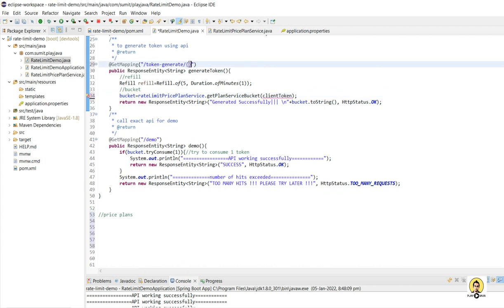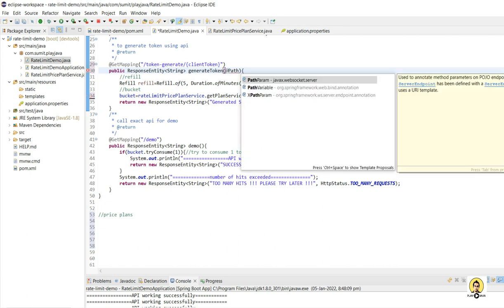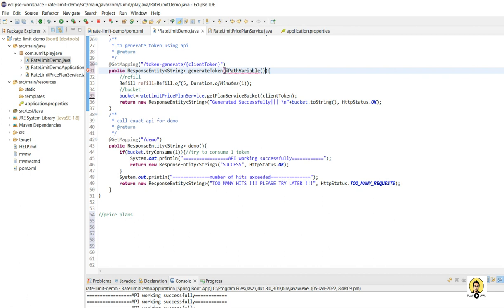Assuming that other clients are using our API, let this be coming in the URL itself, but in real time it comes in the request body, as this is a private key. So for the path variable, just to demonstrate, I have used a path variable only, but it should be used as a request map in the request body.